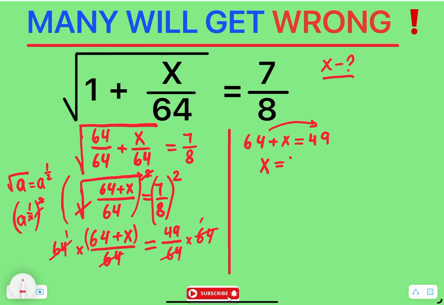Equals to 49. When 64 crosses the equal sign, changes the sign, becomes negative 64. So we have x equals 49 minus